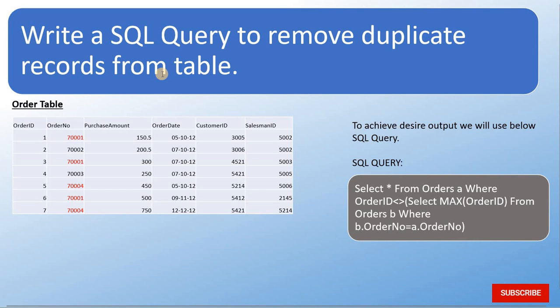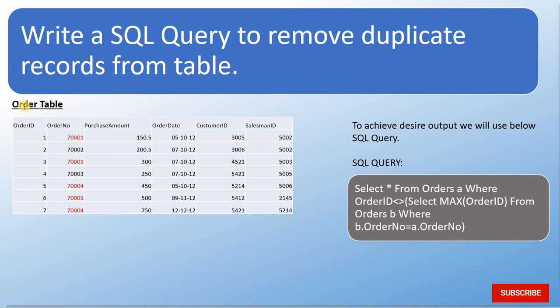So this is question number 11 of my question answer series of SQL Server for Fresher. And the question is, write a SQL query to remove duplicate records from a table. How to delete duplicate records from a table? Suppose you have a table with many records, and some of the records are duplicate, and the requirement is to delete the duplicate records from the table. Then how will you delete them?